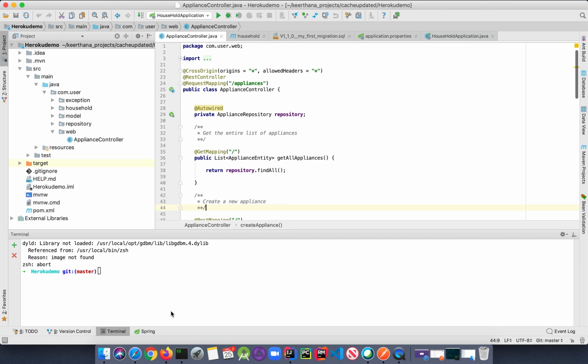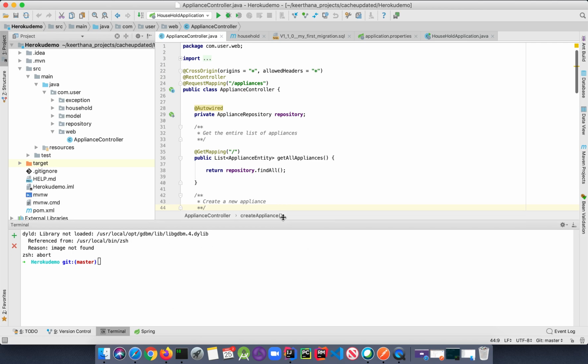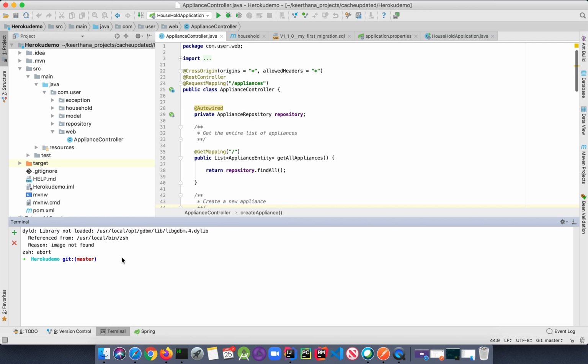First you need to ensure that Heroku is logged in here, and initially you have to ensure that it is a Git repository. Obviously we have connected the Git repository in our Heroku. So here you just need to give heroku login.